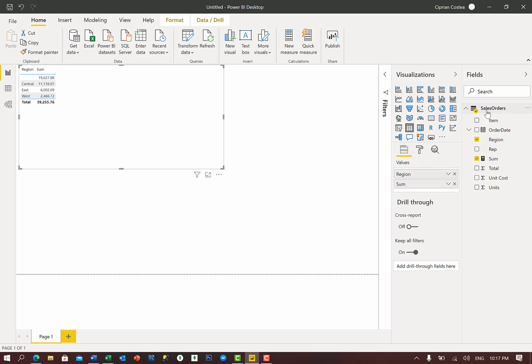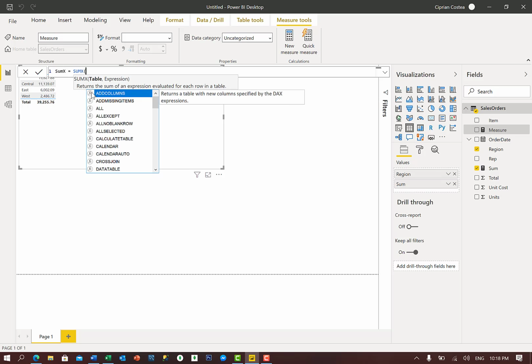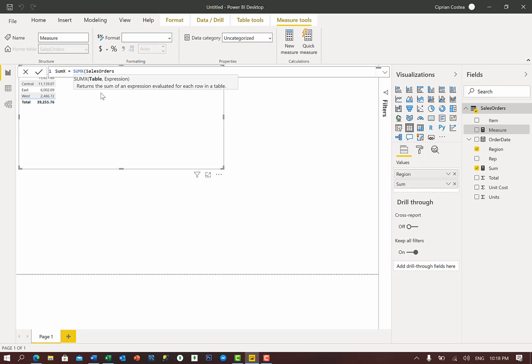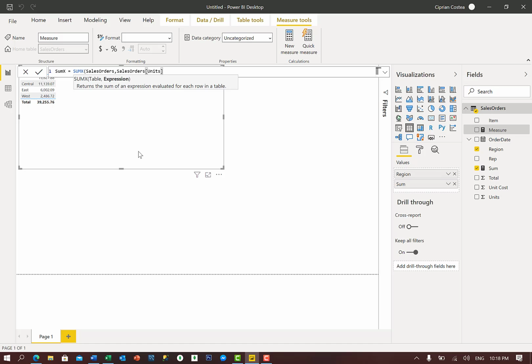Now we want to calculate the SUMX, but we do it with a trick. Here I'll do the trick and you'll understand the difference. I'll add SumX and put the formula SUMX. Obviously, when we do a SUMX, we put the name of the table, Sales Orders, then a comma, then again the table name, and we choose what we want to calculate. Let's say we want to calculate the units,